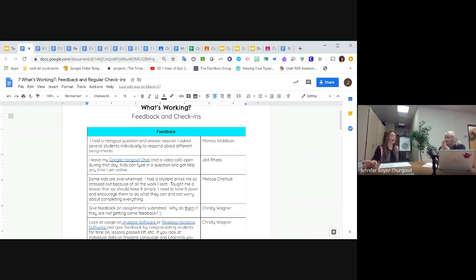Or they're babysitting their siblings and they can't do it right then. So making those recordable and sending them out later is really critical, because not everybody can join at that particular time. But it is great to have that live communication as well. So Meet is just a great tool to be able to do both.